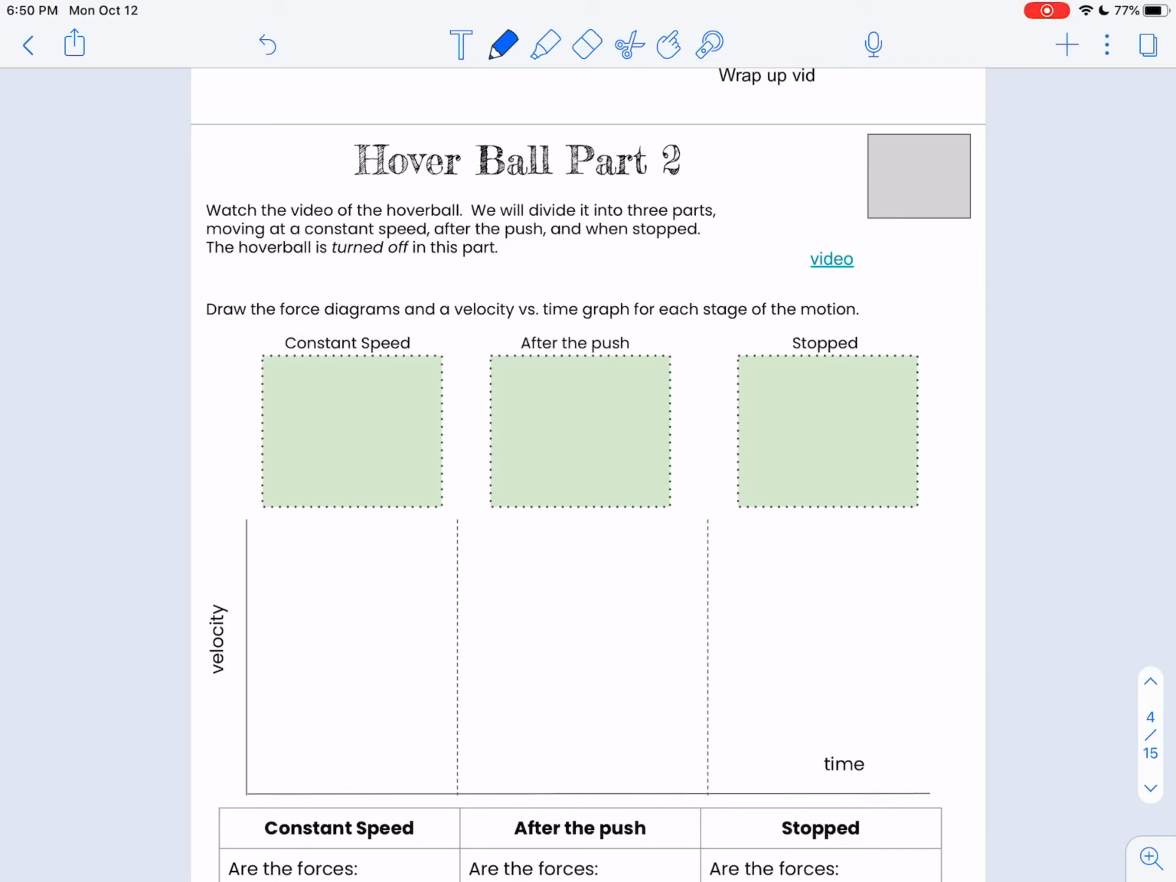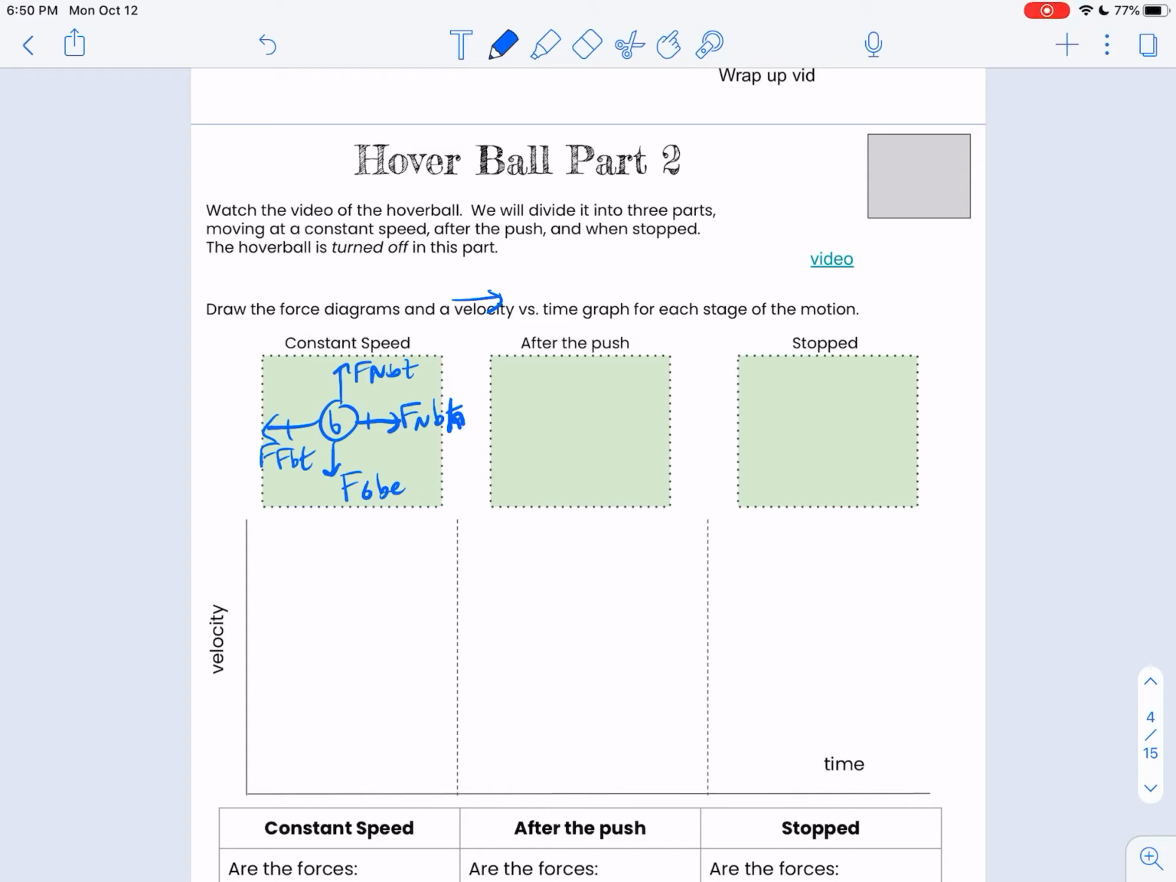Okay, Hoverball part 2. Actually, the hoverball is turned off now. In order to move it at a constant speed, I'm still going to have the weight and the table. I'm assuming it's going this way. If I push it this time, and there's friction, I have to push hard enough to overcome the friction at an equal amount. To keep it moving at a constant speed, I have to balance out however much the friction is